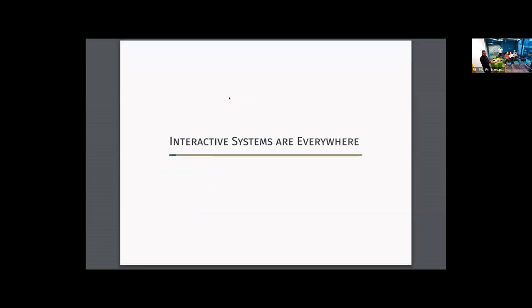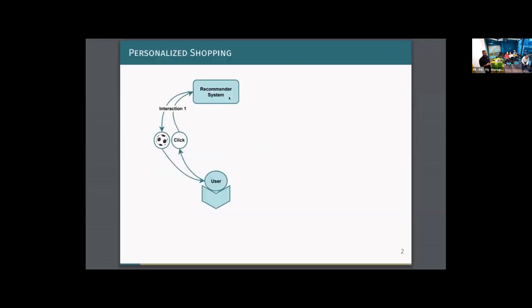So yeah, interactive systems are everywhere. From drug design to manufacturing to online advertising, Criteo, Amazon, Netflix, whatever, we always have this idea of an AI agent, a machine learning model that interacts with users, and it interacts in the following way. So it kind of takes a decision and receives some feedback